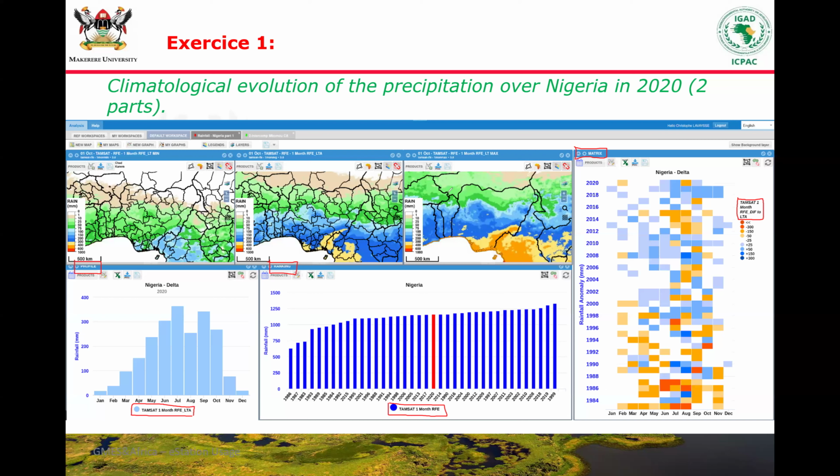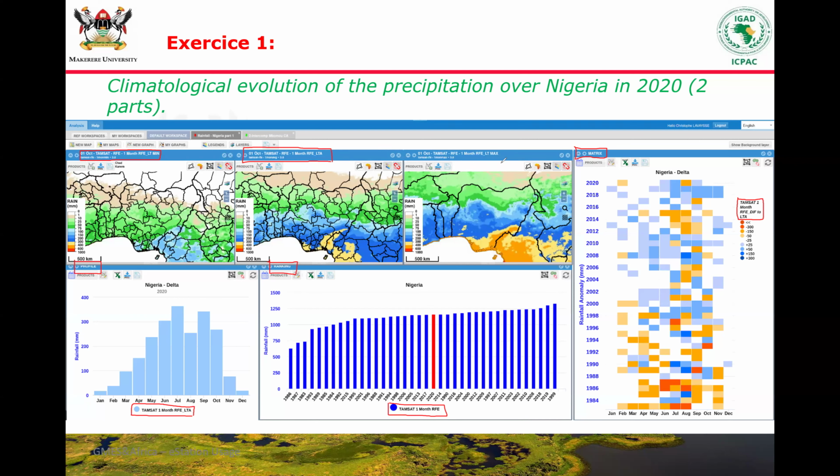We have 3 maps here, and these 3 maps, the first one was generated using ThermSat rainfall estimate. It's a 1-month data, which is long-term minimum. So the name of the sub-product is right here, and also its period is there. So make sure you pick the right data or sub-product for your analysis for each of the graphs in here,